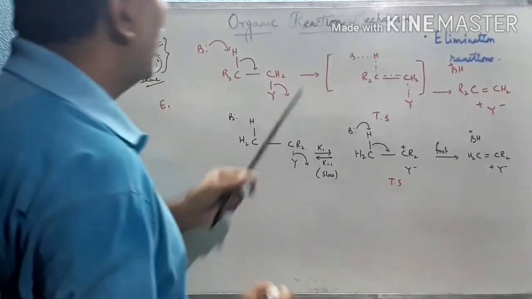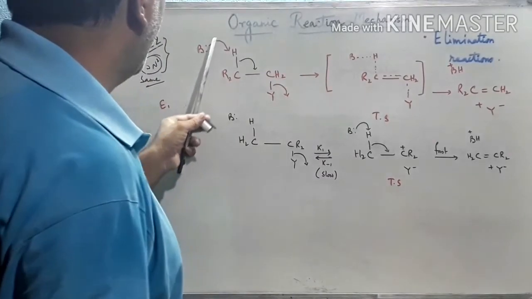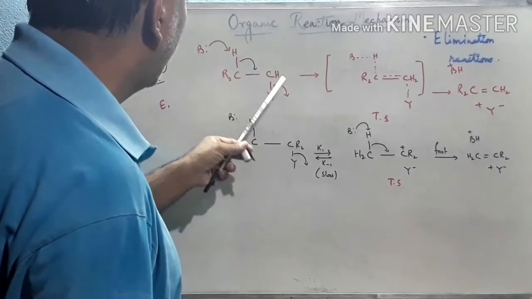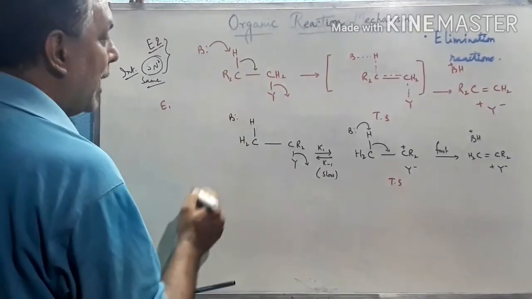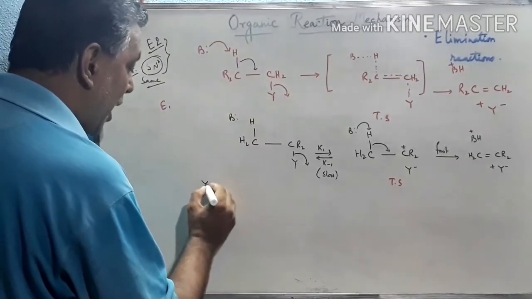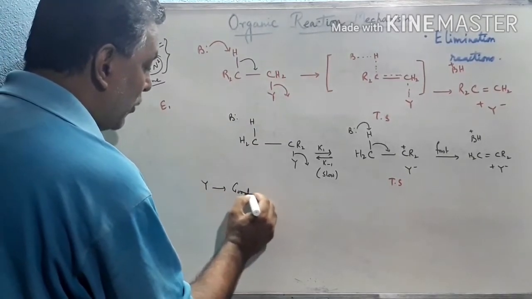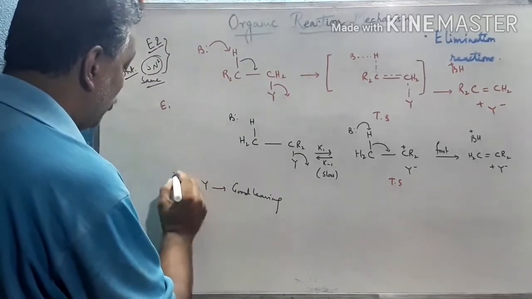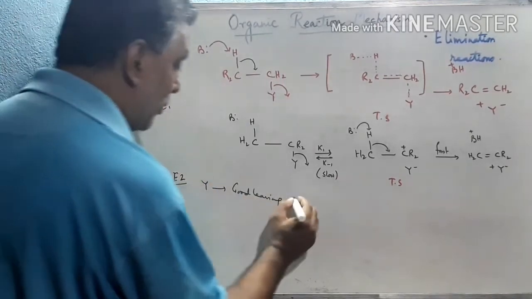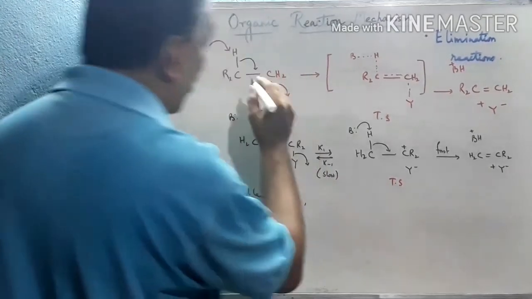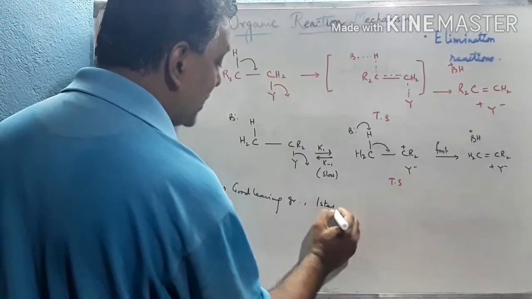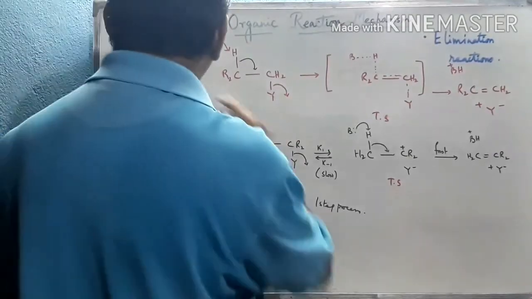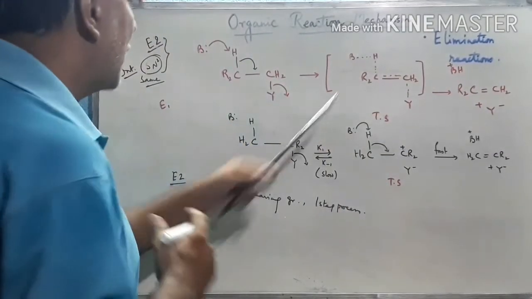Now see that when the lone pair of the base attacks this H plus, a double bond character is already introduced inside the alkene system to form the alkene. So Y must be a good leaving group here. In case of the E2 mechanism, Y is a good leaving group, and the base is strong. It is a one-step, concerted process that forms an alkene through this type of transition state.